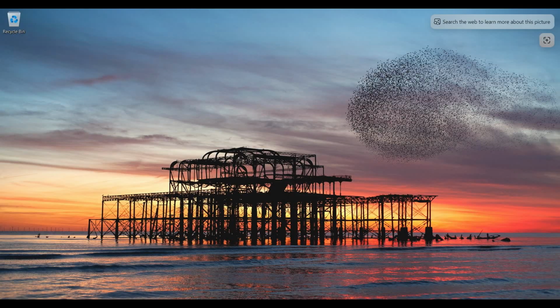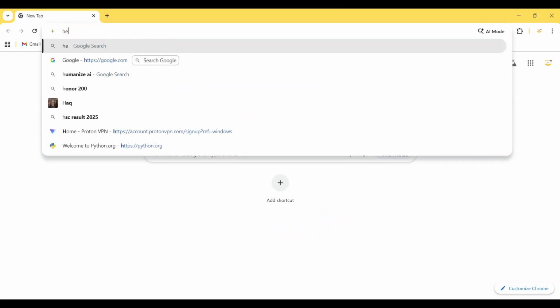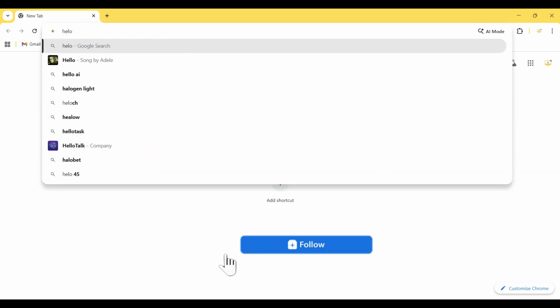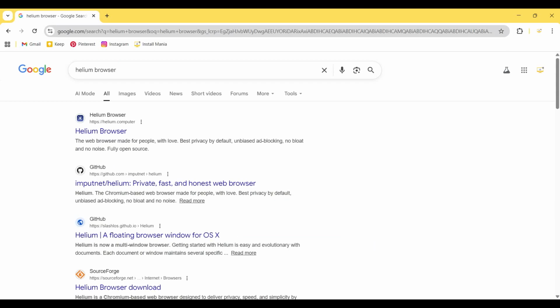In this tutorial I am going to show you how to install Helium browser on a Windows 11 PC. Helium is an AI focused browser. So I open my browser Chrome, then I search Helium browser and hit enter. After that I go to their official website helium.computer,